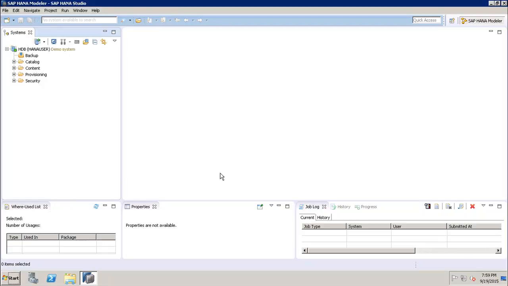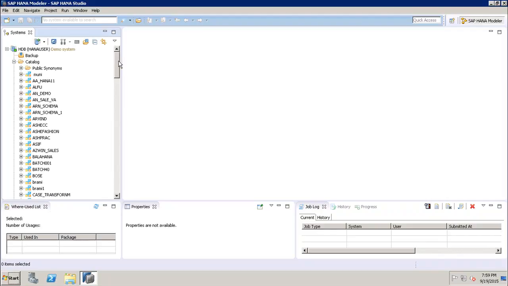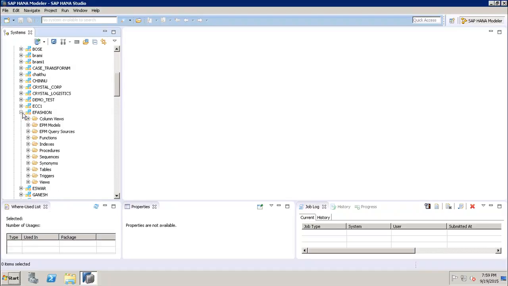So this is my SAP HANA Studio. Again, first of all, we have to verify that all the tables which I'm going to use in the analytic view exist with data. We can use either tables or attribute views inside the analytic views. In this example, we will be using the tables. For that, we go to the catalog, and then to the schema under which my tables exist. We will be using the eFashion schema. Under the eFashion schema, we have the tables,